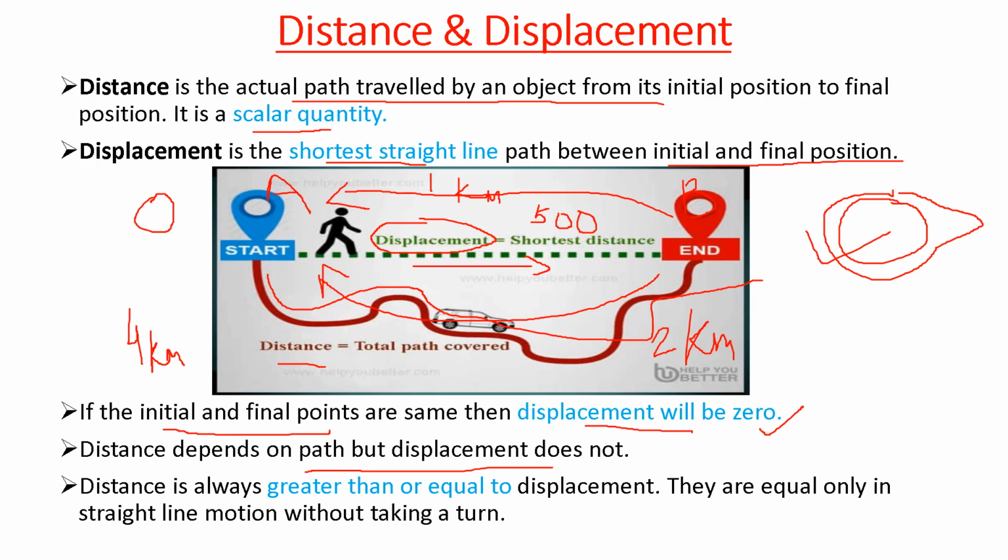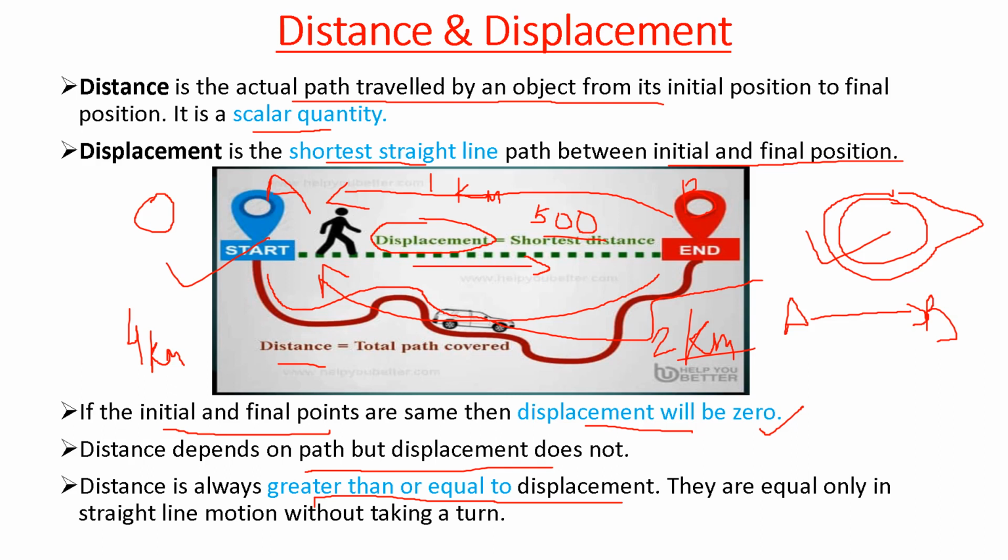Third point is, distance is always greater than or equal to the displacement. In this example we can see that your friend covered total 2 kilometer and you covered only 500 meters. So in this example the displacement is smaller than the distance. But suppose between 2 points, that is point A and point B, the path is already a straight line, then